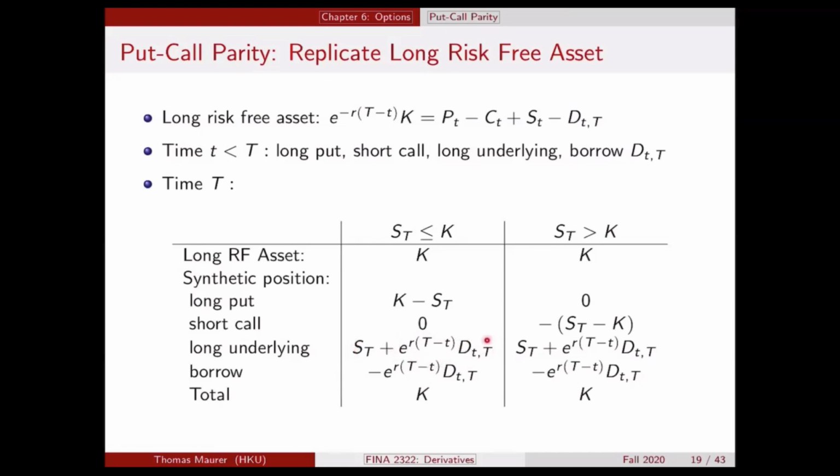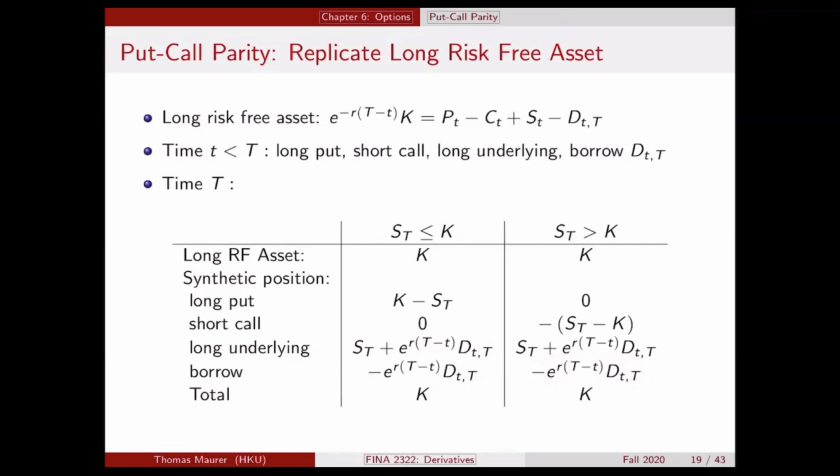And notice that I write exactly the same formula of the underlying asset plus that reinvestment of all the dividends until time capital T, both in the case where S is less than K or S is larger than K. And then finally, if we borrow the present value of dividends at time small t, then at time capital T, we have to return that borrowed amount of money plus interest, and that's that negative cash flow over here. And this negative cash flow is going to be exactly the same whether the price of the underlying asset is less